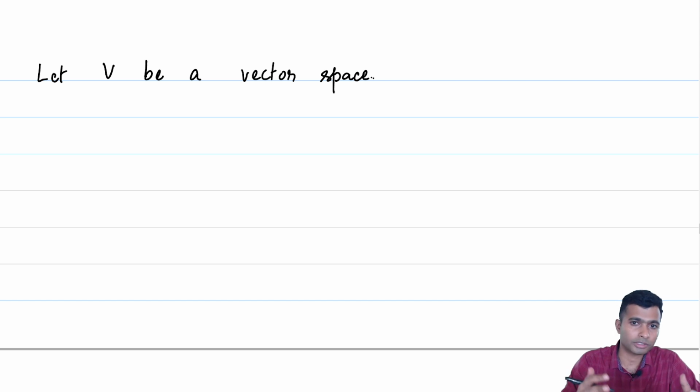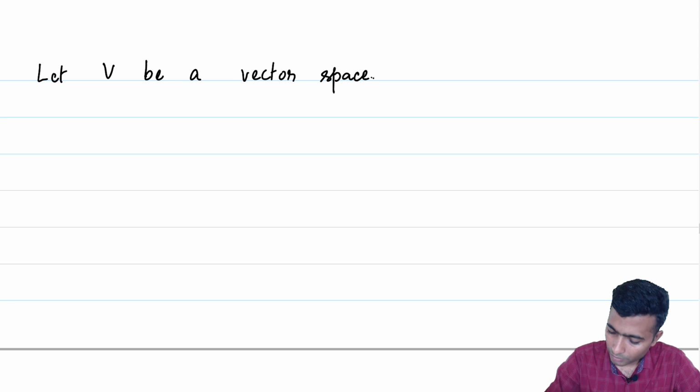So now look at whether W1 plus W2 is in our subset W. In other words, just check whether W is closed under vector addition, the vector addition which is borrowed from V. And similarly, check whether W is closed under the scalar multiplication, which is again borrowed from capital V. If W is closed with respect to both vector addition and scalar multiplication, then we say that W is a subspace of V.